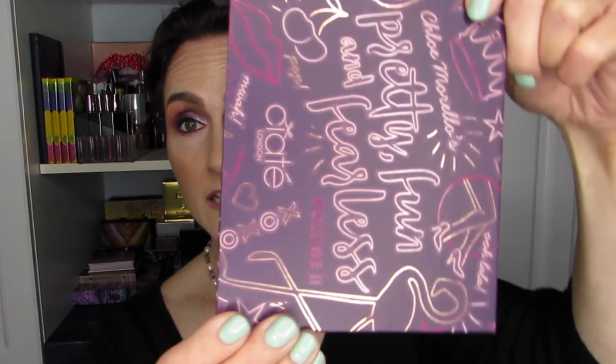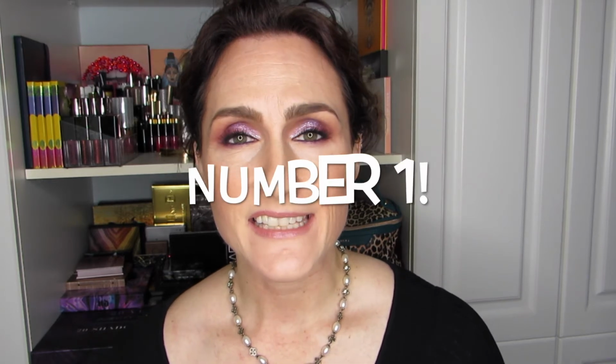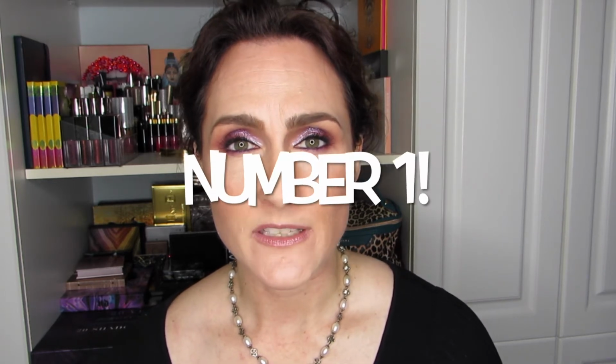Every look I have done with this palette I have really enjoyed, and the variety is what would really make me, and it's actually pretty small. I would end up having no trouble with 20 shadows that are so different, using it as my single palette for a while. And last, but definitely not least, because it is in my #1 spot, is a collection of singles